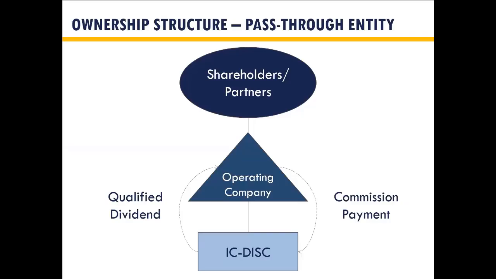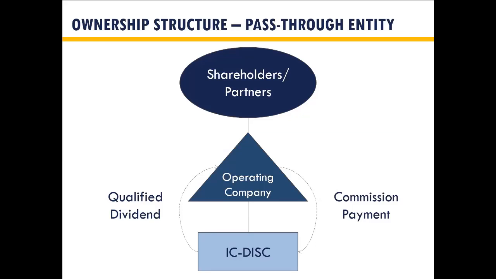Looking at examples of some ownership structures. To illustrate this, we have our operating company in the middle. For this example, it's a pass-through entity. It's either an S-Corp or a partnership. In this example of a pass-through entity, we would set up an IC DISC as a subsidiary to the